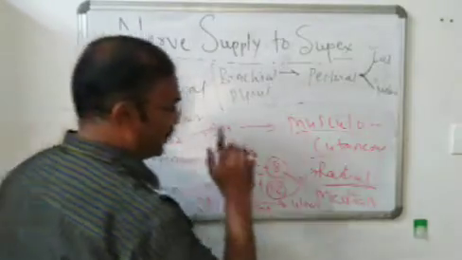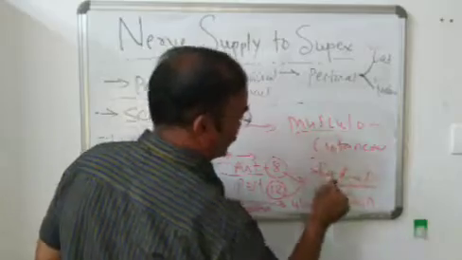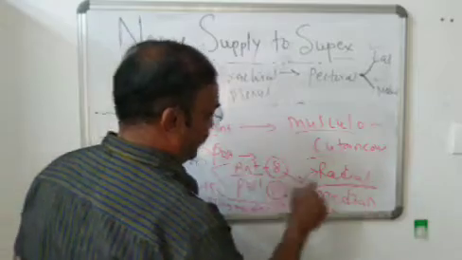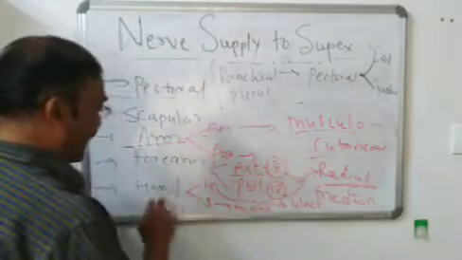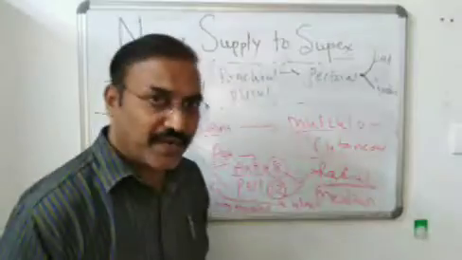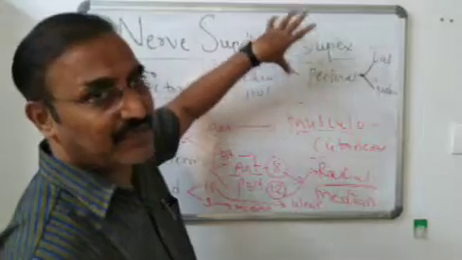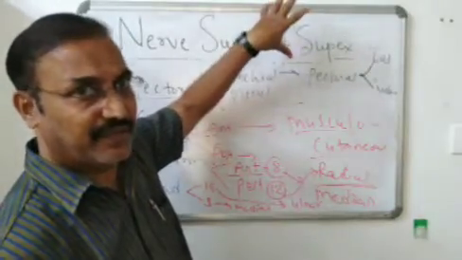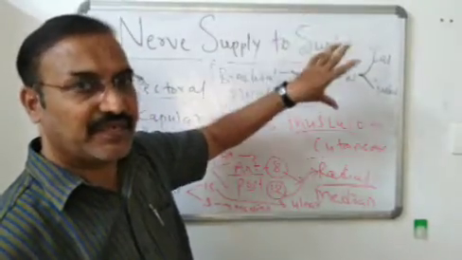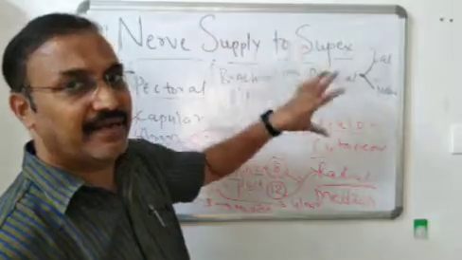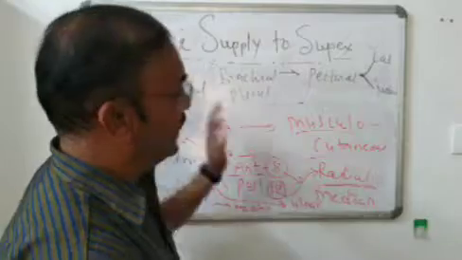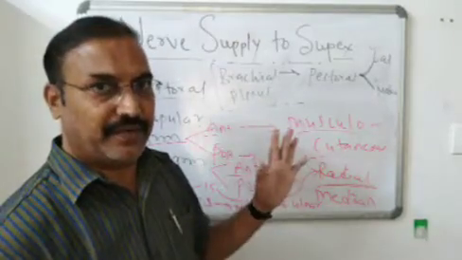Then the arm region is supplied by two nerves, the musculocutaneous nerve anteriorly and the radial nerve posteriorly. The forearm region is again supplied by two nerves, the median nerve anteriorly and the radial nerve posteriorly. In the hand region, of the 20 muscles, 15 are supplied by the ulnar nerve and 5 by the median nerve. So these are the important nerves which supply the structures in each region of the superior extremity: pectoral region, pectoral nerves; scapular region, subscapular nerves; arm, musculocutaneous and radial; forearm, median and radial; hand, ulnar, and radial and median also. So this is the gross idea about nerve supply to the superior extremity. Okay, thank you.